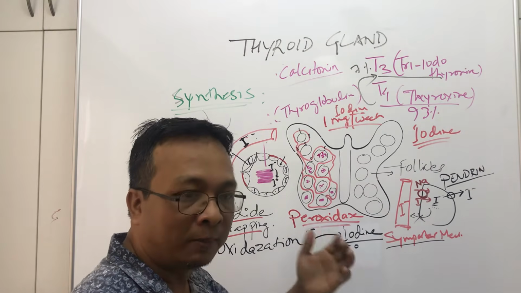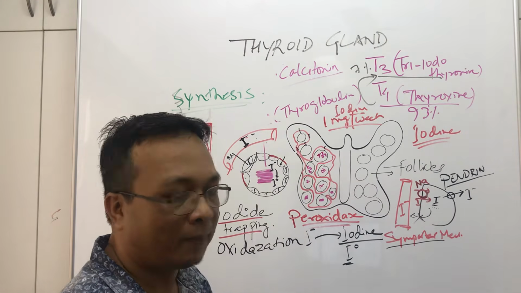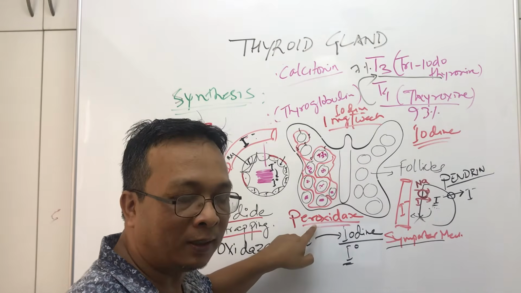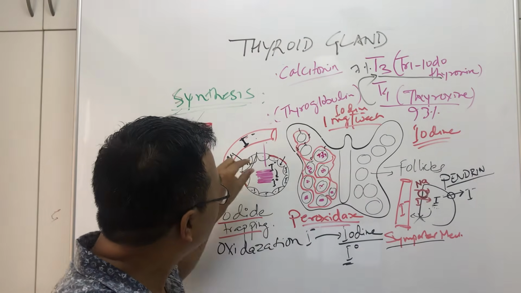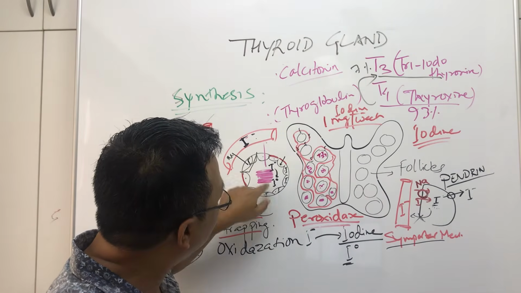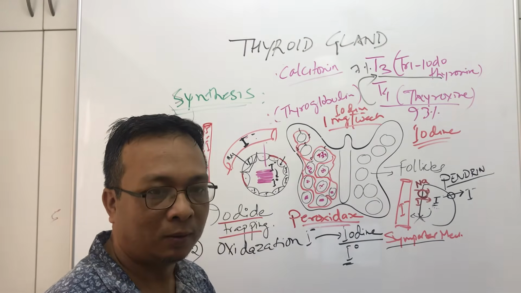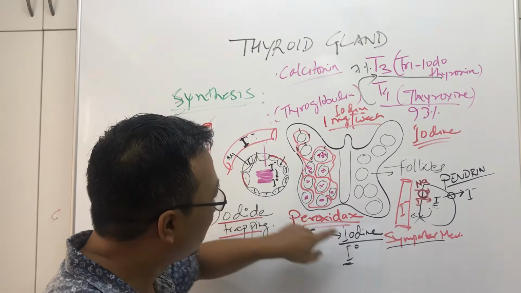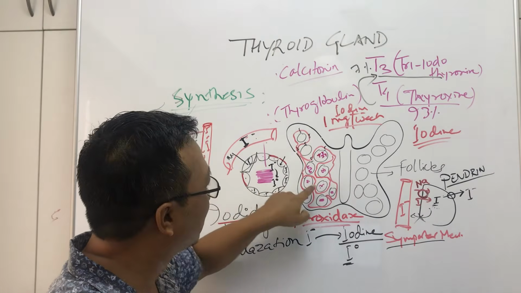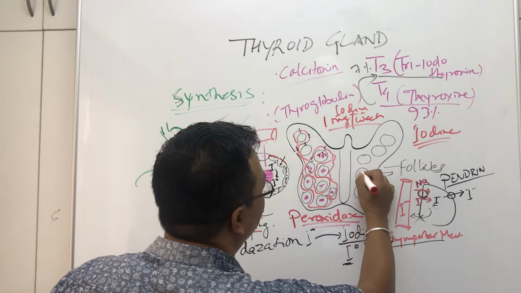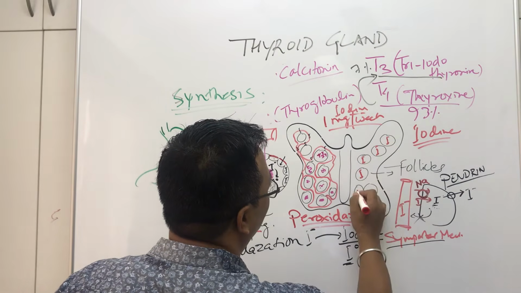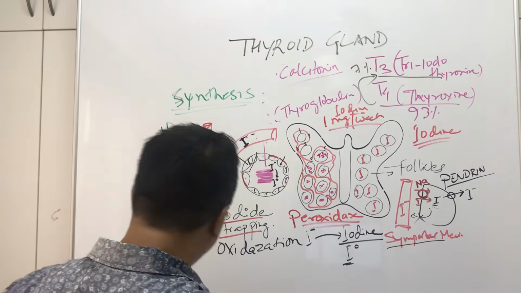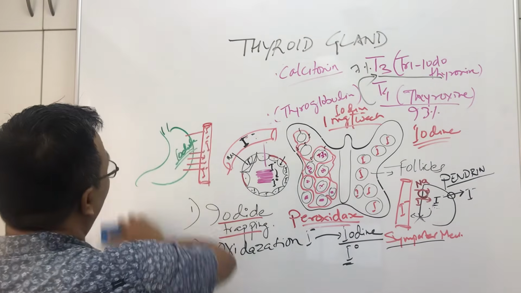Like carbimazole and methimazole, these are very common anti-thyroid drugs. They basically block this peroxidase enzyme, because if we don't convert iodide to iodine, thyroid hormone cannot be made. So we need the enzyme peroxidase inside the thyroid gland. As a result, iodine is made inside the follicles. Now we have plenty of iodine inside our follicles. This is the number 2 step. Number 3 step is called organification.